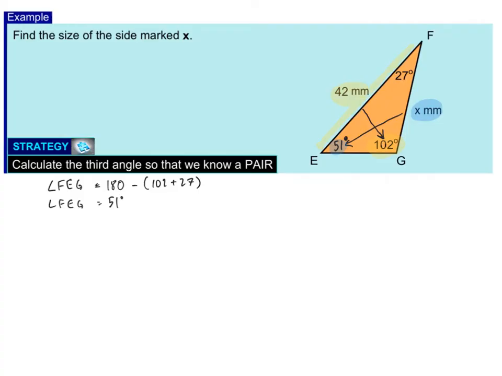Now I've got a pair of angles and sides I know, and I know the angle that corresponds to the side I want. So I can go ahead and use the sine rule. So just writing down the first pair from the sine rule there. Again, not worrying too much about using the letters that are actually on this triangle. A over sine A, well, I want to find x, so that'll be x over sine 51. And that is going to be equal to b over sine b, so the side 42 over the sine of the angle